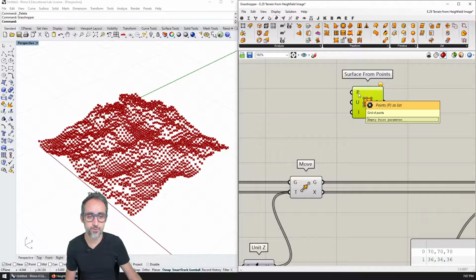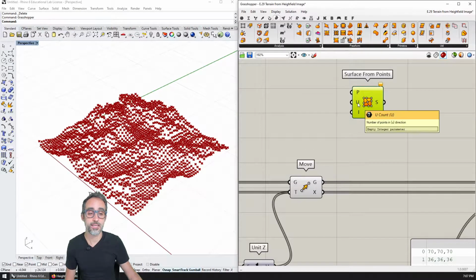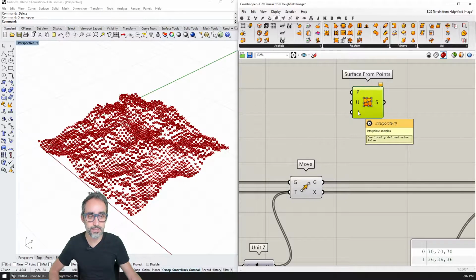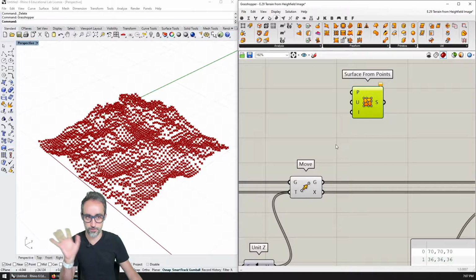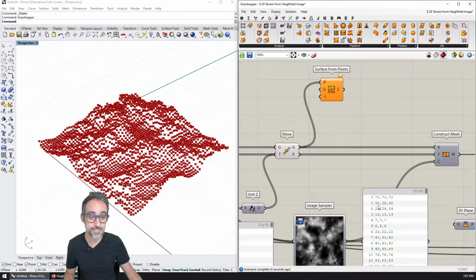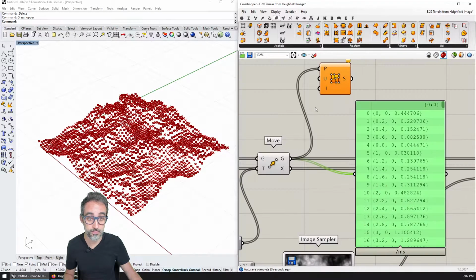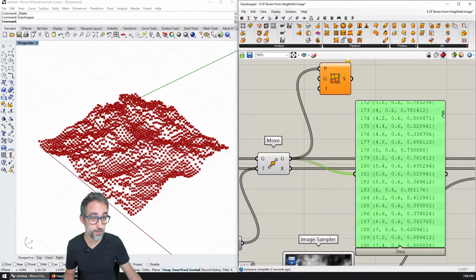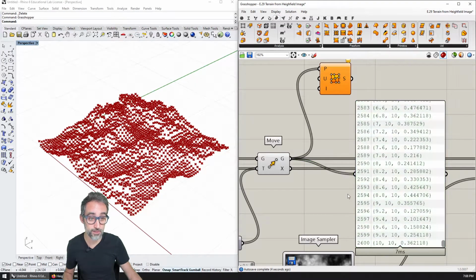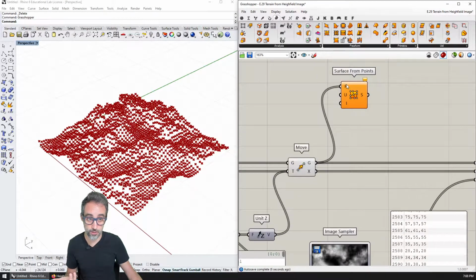It asks for the grid of points, the number of points in the U direction, and whether I want to interpolate samples or not. I'm going to give the points here, and you can see that all the points are in the same list because of the double wire, and there are no branches. Everything is on the same list, so that's a good thing.